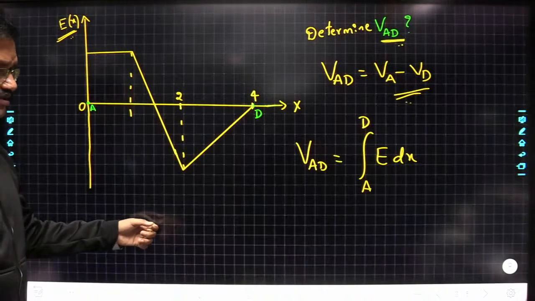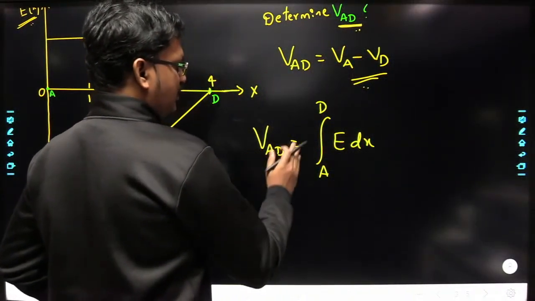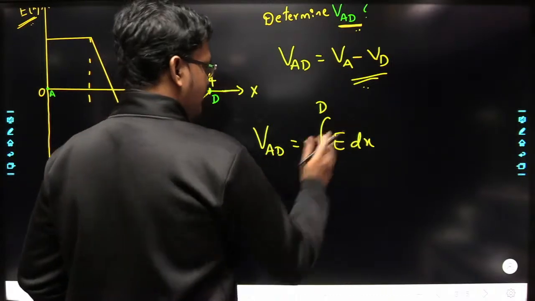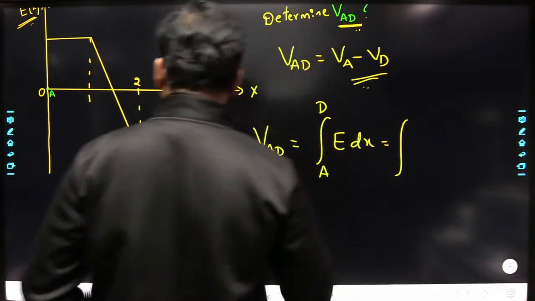Now see here. Whenever I am asking the potential difference between A and D, that is equal to integral A to D E dx. So this one I can write it as what? This one I can write it as, see here,